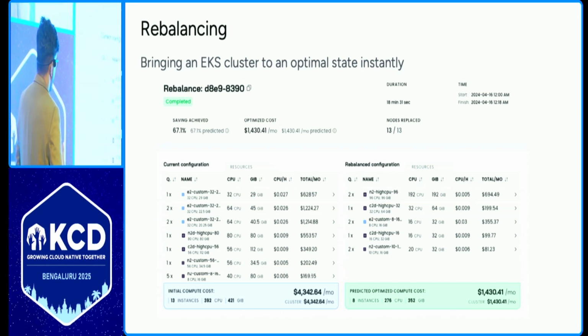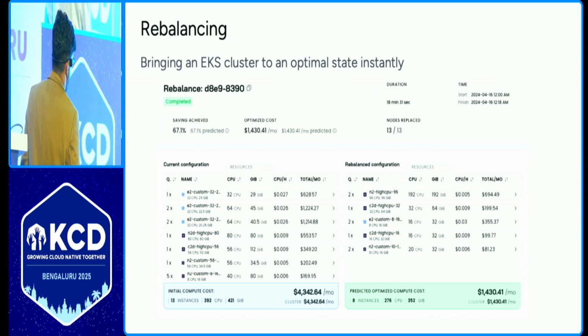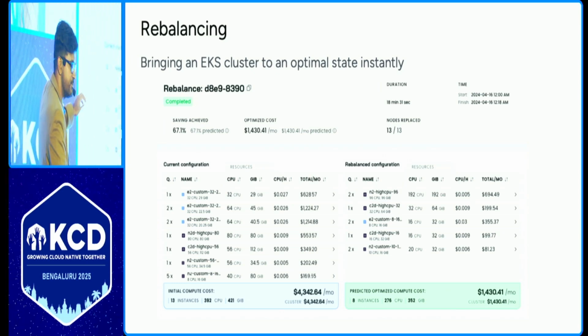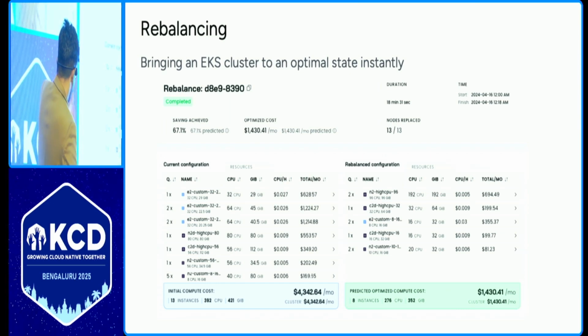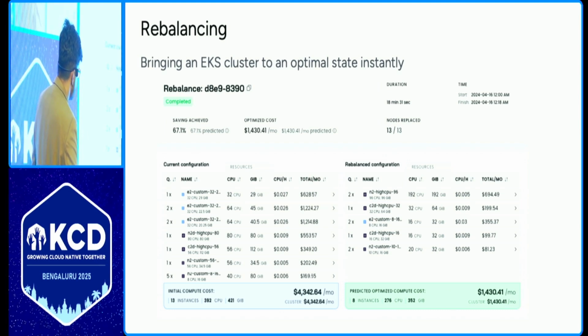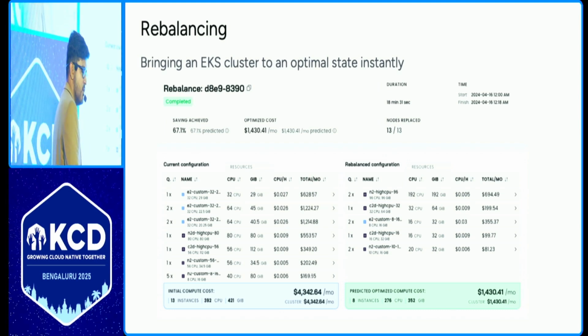Let me explain what we have here. The left side is what you had earlier. You have the same type of machines. You see, the first 3 are almost the same, and the next is spot nodes, maybe different, but it's a homogeneous setup. I had multiple node groups, so I have different types of machines. The cost of this infra was $4,300 per month.